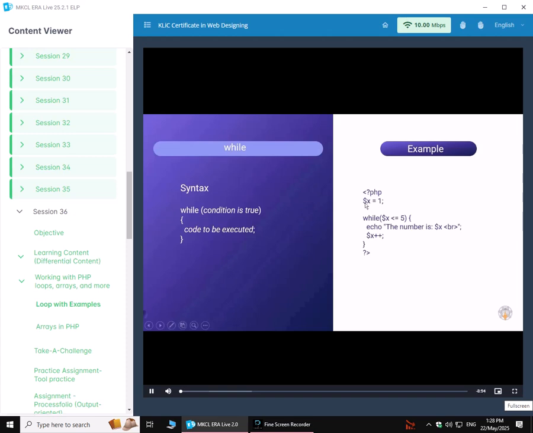So here in this example we are declaring a variable with the value of 1. Now we are checking the condition while 1 is less than or equal to 5. So this block of code will execute until this condition fails. So we are checking now 1 is less than or equal to 5. This condition is true, then it will print the number, the value of x, that is 1. Then again it will increment that value by 1, that is now x is equal to